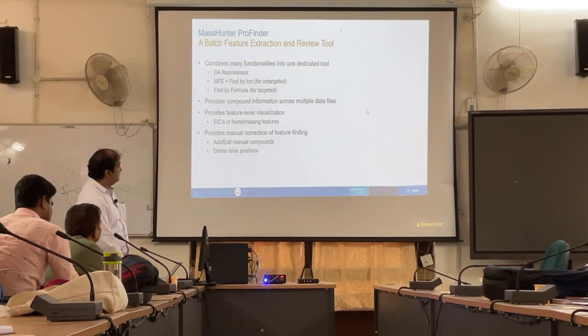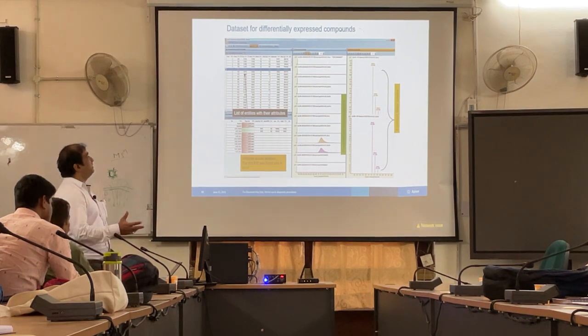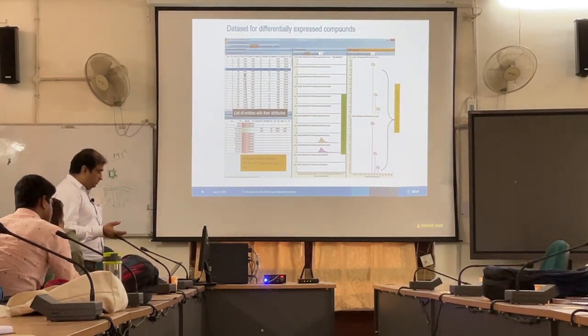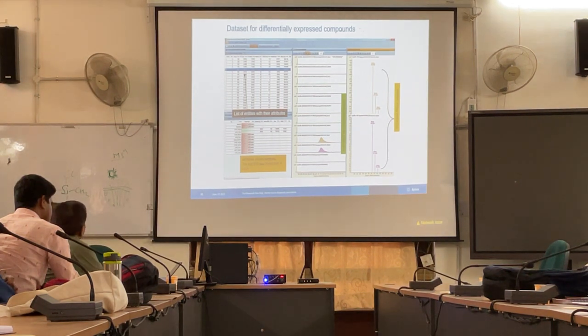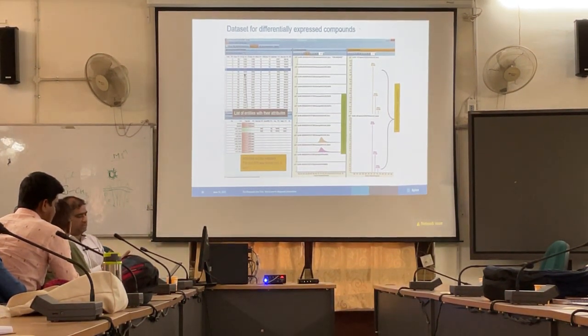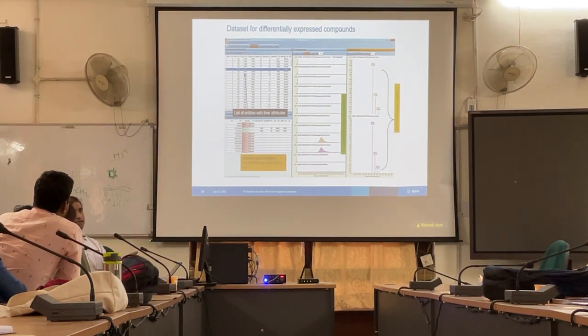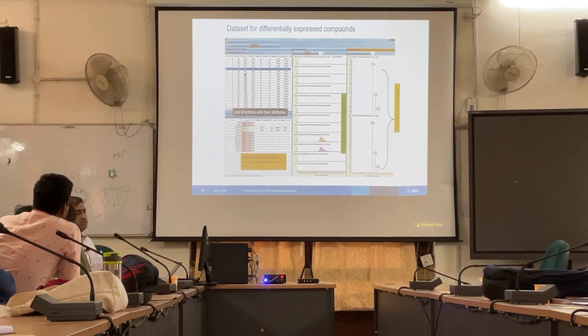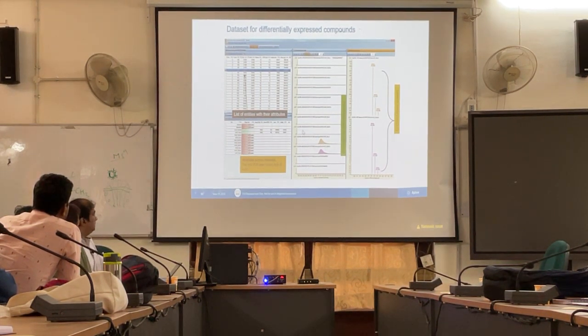Now, what is this feature finding? This is how the feature finding is done. As I mentioned to you, this is the data from a nicotine plant, where they have modified certain genes in the metabolism of nicotine. There is some overlap in the metabolism of nicotine and glycyrrhizin, the moiety. So they have incorporated the genes for the moiety into the nicotine. And if you see here,